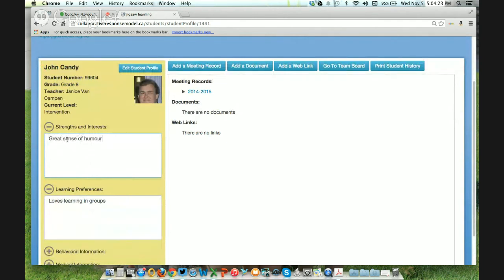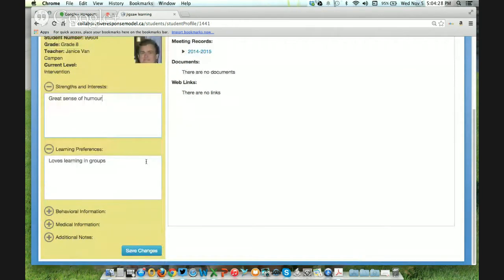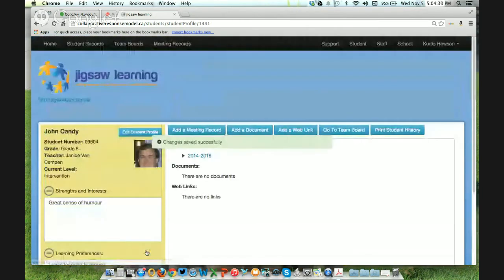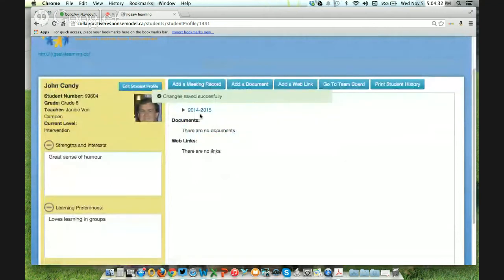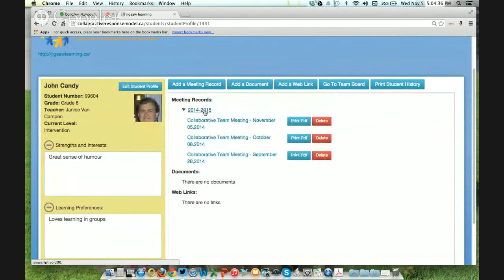You can see how this can build a pretty robust student profile over time if every time I'm going in I'm noting something. Okay, I save that, but then if I go into his meeting records for this year, I can see he's been talked about at these meetings, and if I go to print this meeting that we just held,